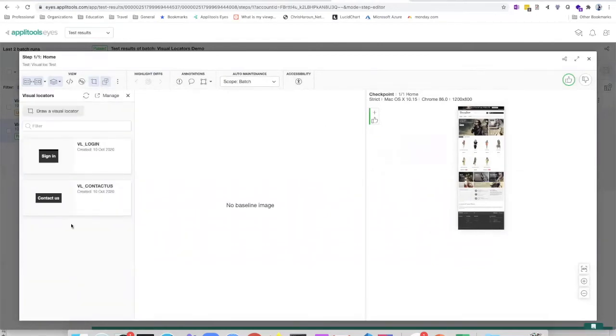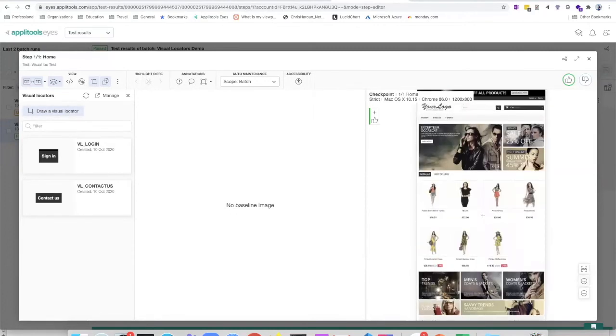Notice the panel on the left shows the locators. These locators are local to the application and Applitools keeps track of them. Now let's draw a region on the page that we have to interact with and name it uniquely. Our setup is done. Using this, I now have three different locators defined for my app.